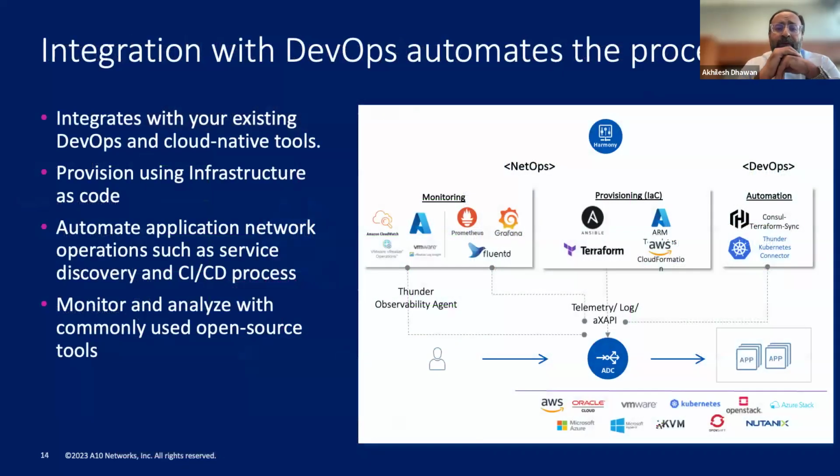One of the other things we have heard from customers is that a lot of them have now implemented all these DevOps tools, because they are using a lot of applications for their online business, including CRM applications for their customers, and they develop these applications on the go. All these DevOps and cloud native tools. So as you're looking at some of the solutions, make sure that they integrate with your DevOps. If you're using Consul from HashiCorp or Kubernetes, there are solutions that,